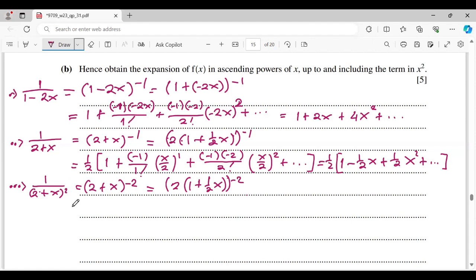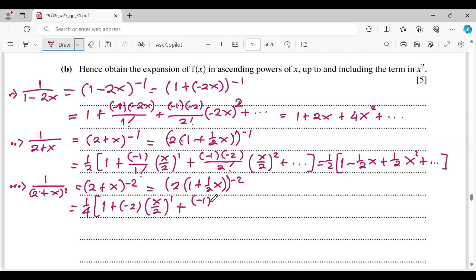Okay, so it is going to be 1/4 because 2 power negative 2, 1 plus minus 2 times x half, of course, power 1,